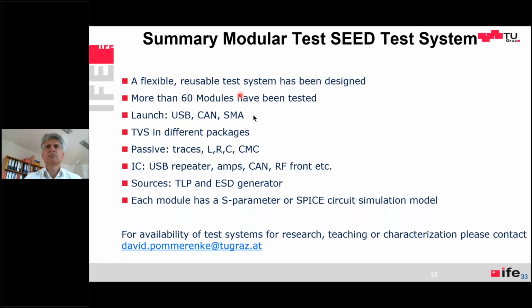Can a TVS handle a full ESD event? Yes. Many TVS, even with 0.1 picofarad, IEC discharge at 8 kilovolt, they can handle 30 amps peak current, and yes, many can. One has to just look at the data sheet, but there are devices with very low capacitance which can handle that.